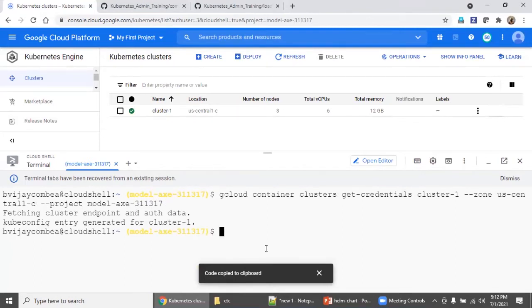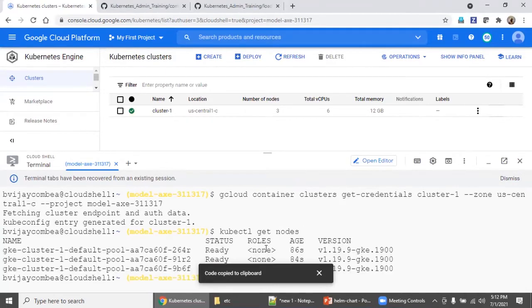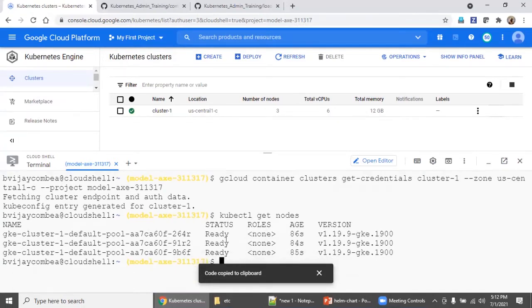Whenever you start any hands-on, the first thing to check is the cluster and its state, the worker nodes and their state. So, get nodes. See here, all nodes in the cluster are in Ready state, which is a really good sign.